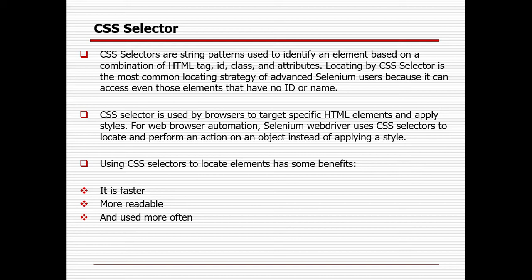So in case a particular web element does not have ID, name, class name, or they are having the ID, name or class name, but every time the ID or name is getting changed, because in the ID or name there can be some fixed component and some dynamic component. The fixed component stays fixed and the dynamic component is getting changed. So in case every time it is getting changed, you will not be able to identify that element uniquely. So definitely you have to create either your custom XPath or CSS selector. XPath you already know, but some organizations use CSS selector because it is faster, more readable and very easy to create your own customized CSS selector.